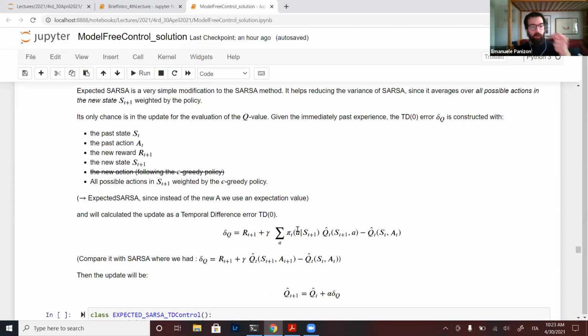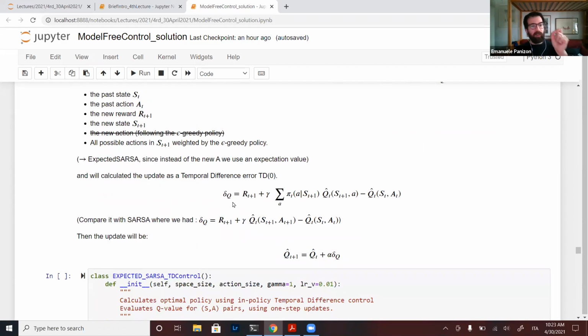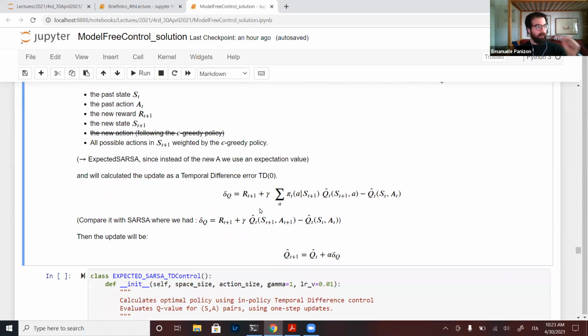Okay, it's a bit complicated, but the only difference between SARSA and Q-learning is that the temporal difference error is calculated as such. It's the reward, and that is a must, minus the Q value for the state action in the past, that is a must. Then in between, you do not have the Q value for the state action S_{t+1}, A_{t+1}, which is SARSA, which means I've looked at only one trajectory.